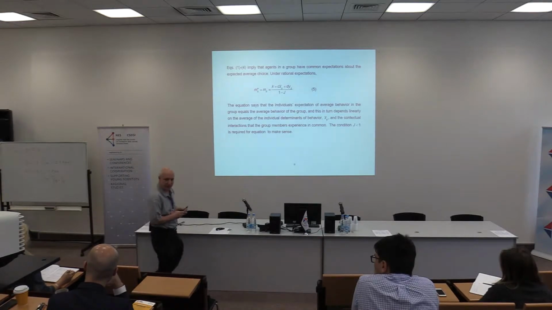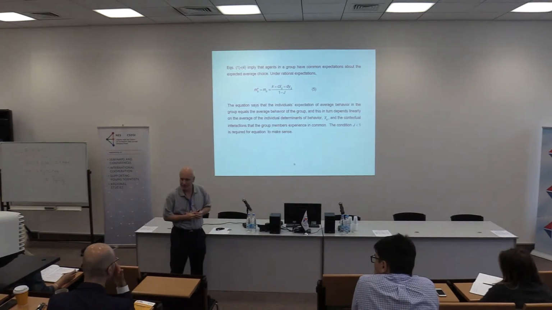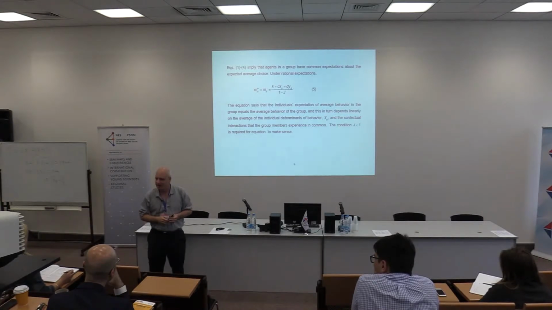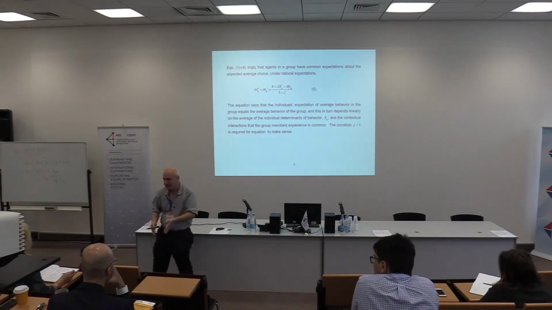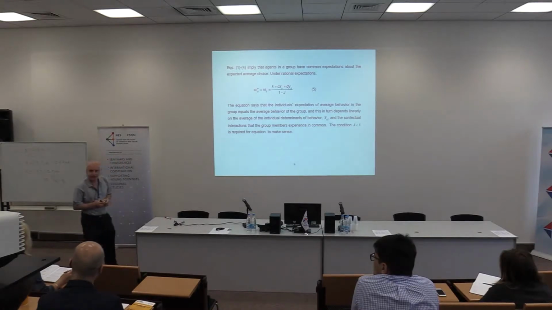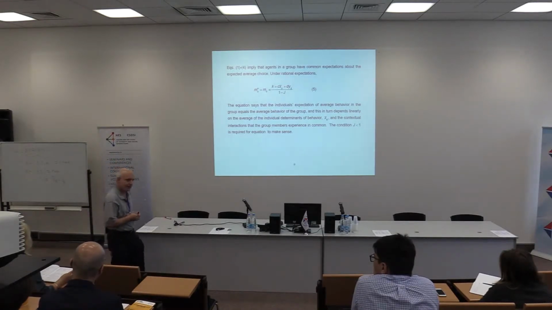We now have a hint here as to what we were going to need for identification. Everybody following the logic of what I've had to say? I need m to be able to move around in a way that's not linearly dependent on the x's and the y's. That's what the key is going to be for identification. M is dependent on x bar and y, and therefore I need the x bars to be able to move around in a way that's not linearly dependent on the y's.